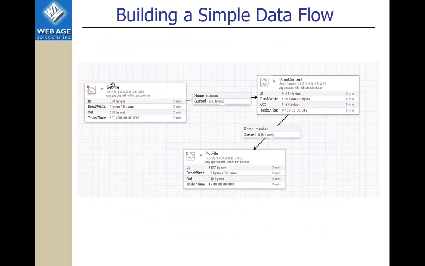And by the way, you see those green arrows. It's a good visual to see that the process is up and running. Currently, there is nothing happening, but over a period of time, you will see that certain statistics metrics are showing up, like how many bytes have been written in, how many bytes have been written out, the task time it took.